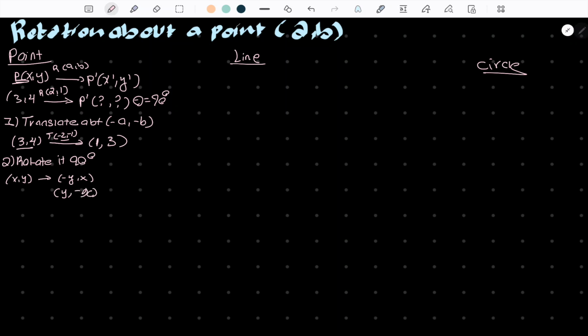In my last video, I went over other angles and how their properties affect the image. So this time, we're just going to do it about the positive one. So we have our 1 comma 3, which will be transformed into -3 comma 1. Okay, so once we get our point, then